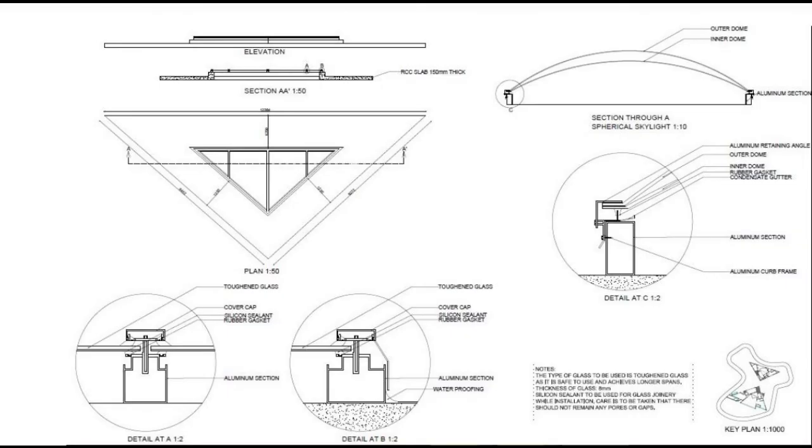So there are glass skylights. For any flat skylight, the optimal material is glass. Most glass skylights will be composed of tempered safety glass or laminated safety glass, or a combination of both of these. The laminated glass has a plastic inner layer which is designed to hold the glass in place when it is breaking.